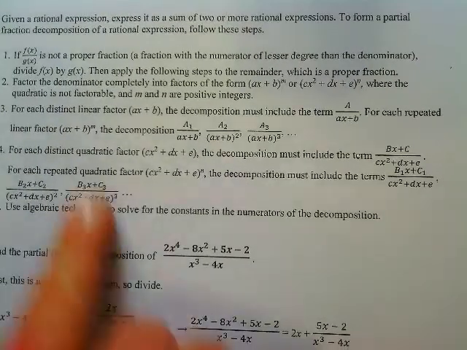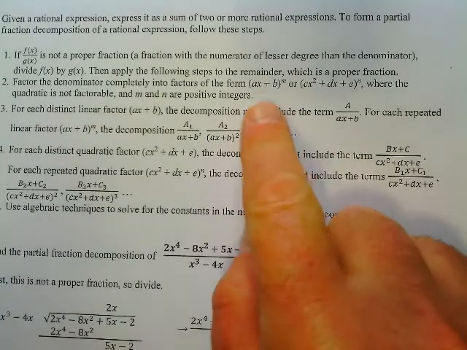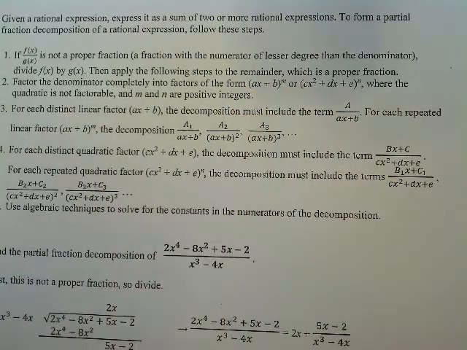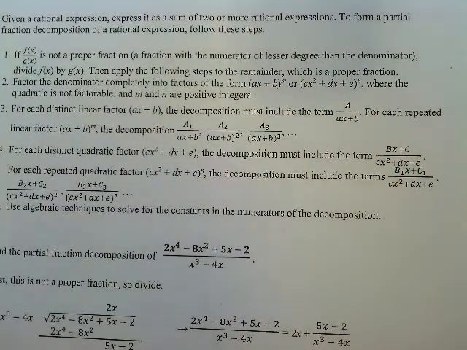Now, we want to factor the denominator completely into the factors that it may have. They may be of this kind of form, ax plus b to the m, where the m just means there may be more than one, or they may be in the form of a quadratic, where the quadratic is not factorable. And again, the m and n exponents just mean that it's possible to have more than one of these factors